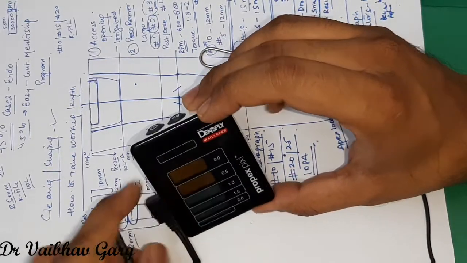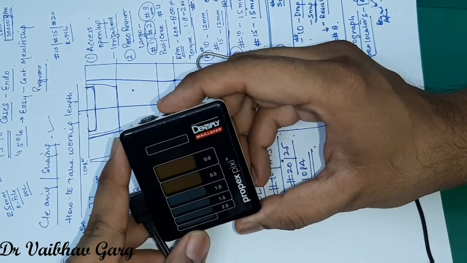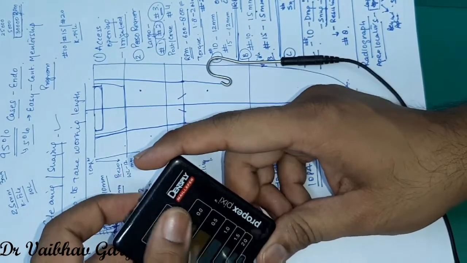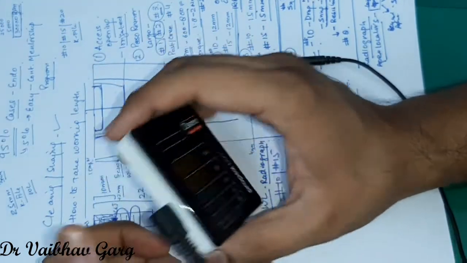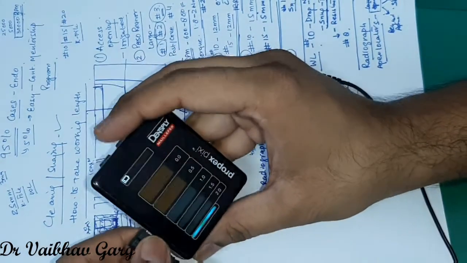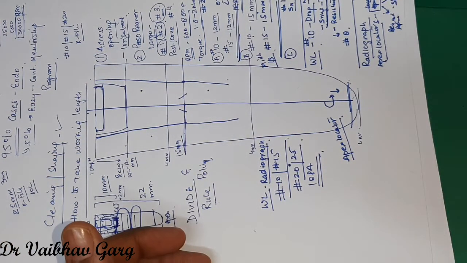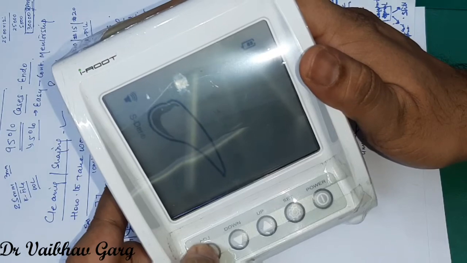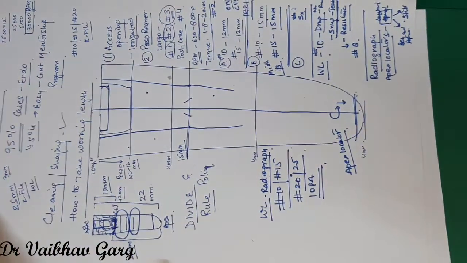The battery is kind of dim and you can adjust the sound of the apex locator also. I use it because this is based on a 6th generation model that is very accurate. Also this is very comfortable to carry. So when we do consultations and we have outstation cases, then it is very easy to carry. Desktop based are also very accurate and they have a good amount of accuracy.